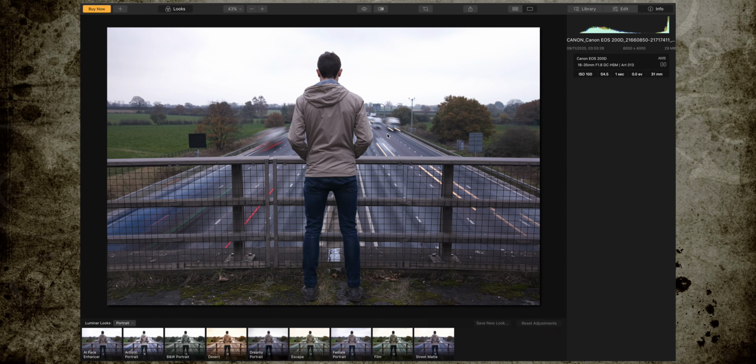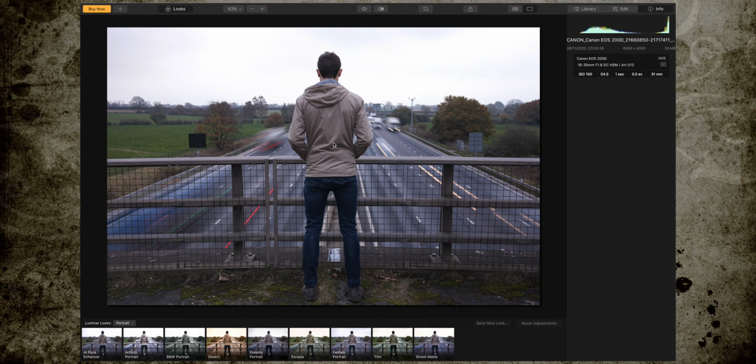see it looks alright. There's a bit of blur in the traffic, which is exactly what I wanted. I tried to stand as perfectly still as I could, so I stayed in focus, and it looks okay. But the sky just looks a little bit boring. There's not much depth to it, and I'm pretty sure that we can get this looking a lot better than it already does. And there's a couple of tricks in Luminar that are just incredible, but I'll get into that